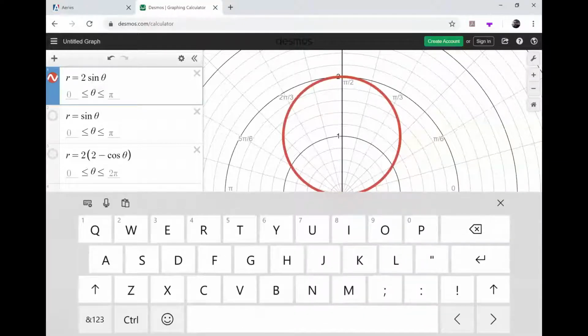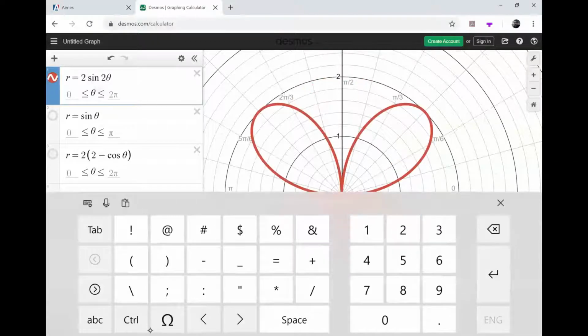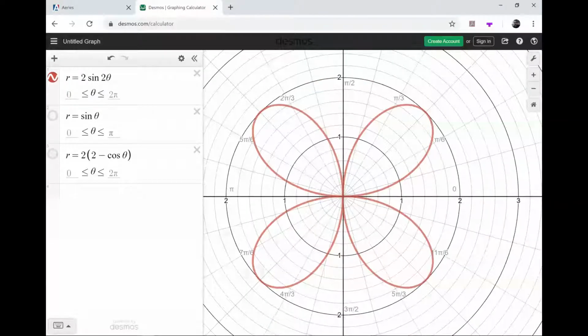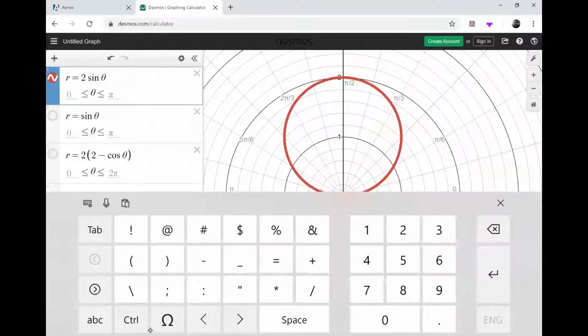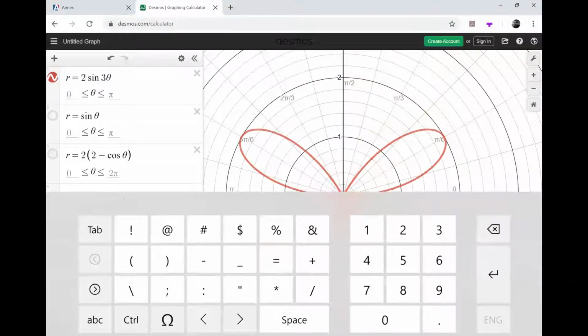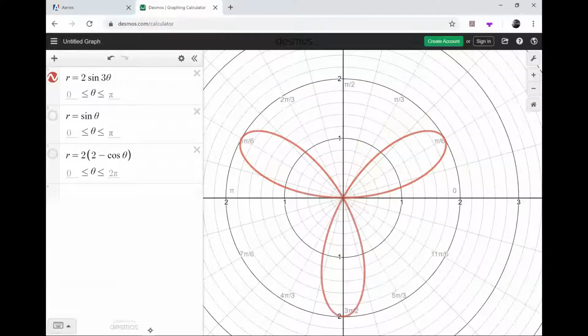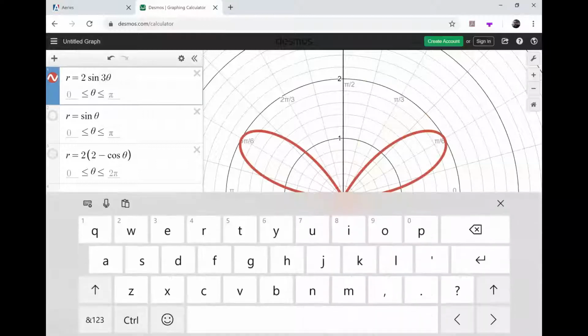Okay, if I change it to a 2, it creates 4 petals. So if the number was 1, it created 1 petal. If it's a 2, it creates 4 petals, right? You guys already saw 3. Okay, so 3 was 3 petals. And if I change it to 4,